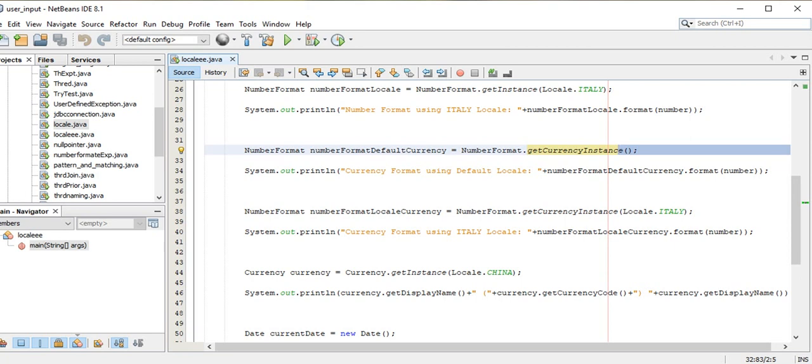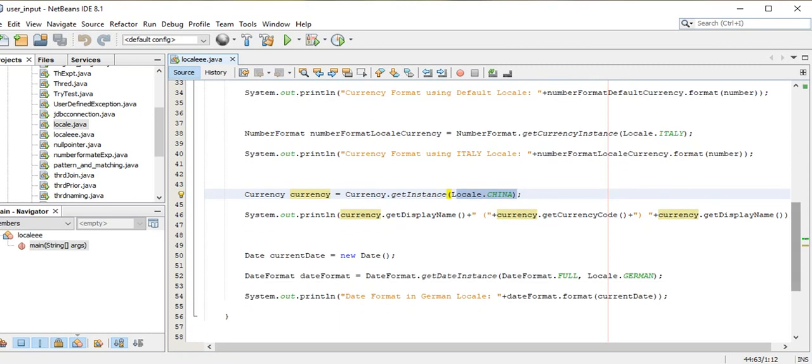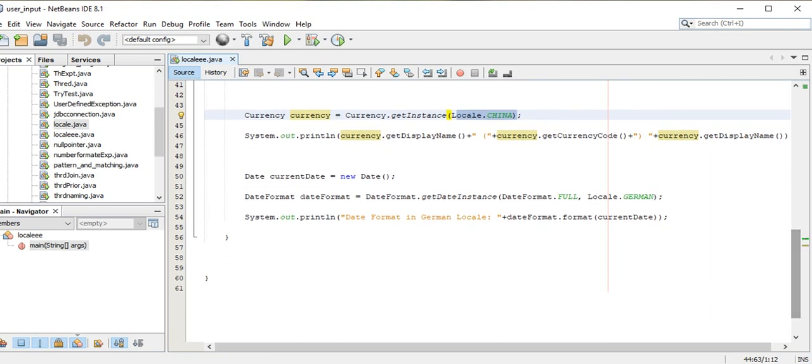According to the locale of China, whatever country name, currency code and currency name we get, we are displaying by calling the default methods of the locale package. Then we apply the same to the dates of that particular locale. According to the German locale, what is the format of that date? It will display all the things accordingly.